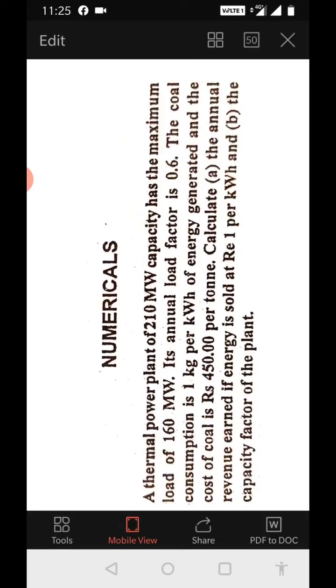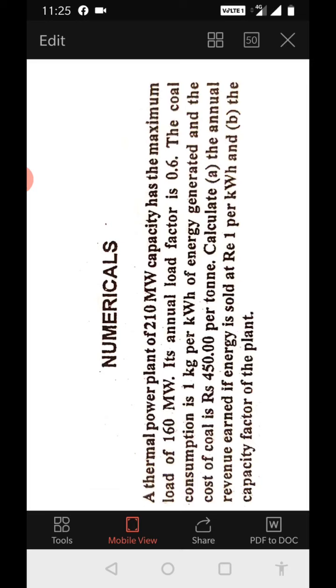Hello students, we will look at a few numericals on module 2 in energy and environment subject. So these numericals, around 4, that we will discuss are about power generation. I will read the problem and also, along with the problem, I will try to explain the terminologies which are used, because you may not be aware of those terminologies.